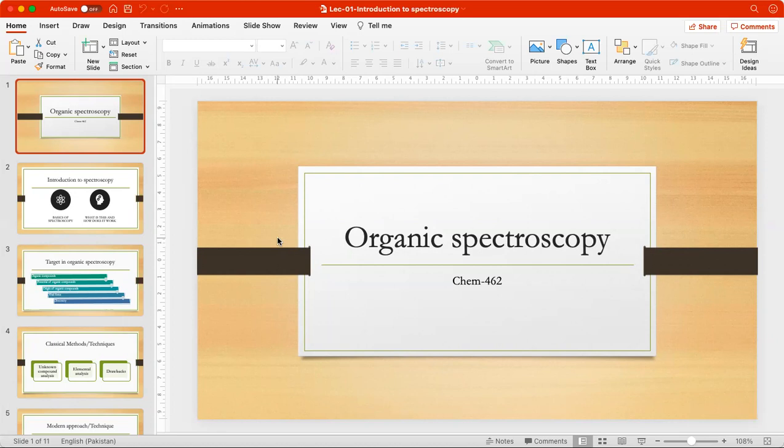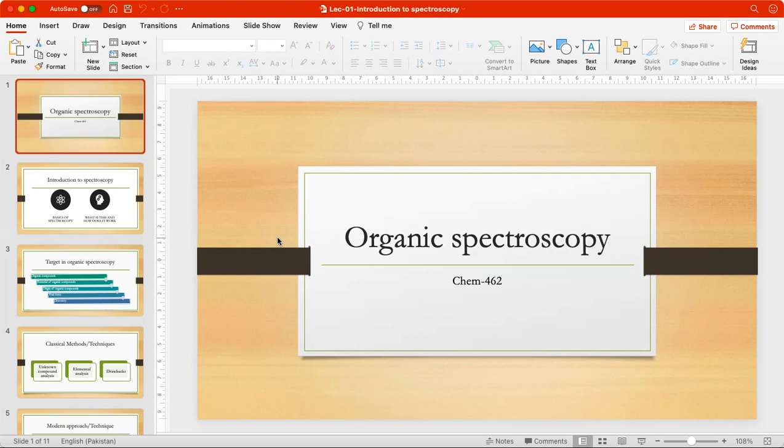What is organic chemistry? The first question is that you know that spectroscopy is a very important and crucial topic in chemistry. I'm not talking about the organic chemistry. I'm first of all giving you a broad intro of spectroscopy, right? So no doubt the syllabus of spectroscopy is beyond your imagination. It's very broad. And this term spectroscopy is a general term which is used for the instrumental process.